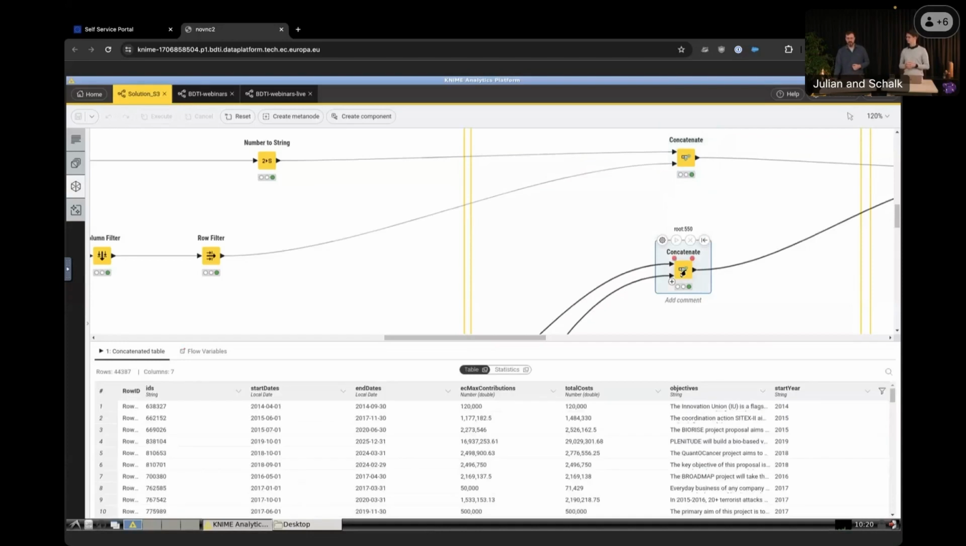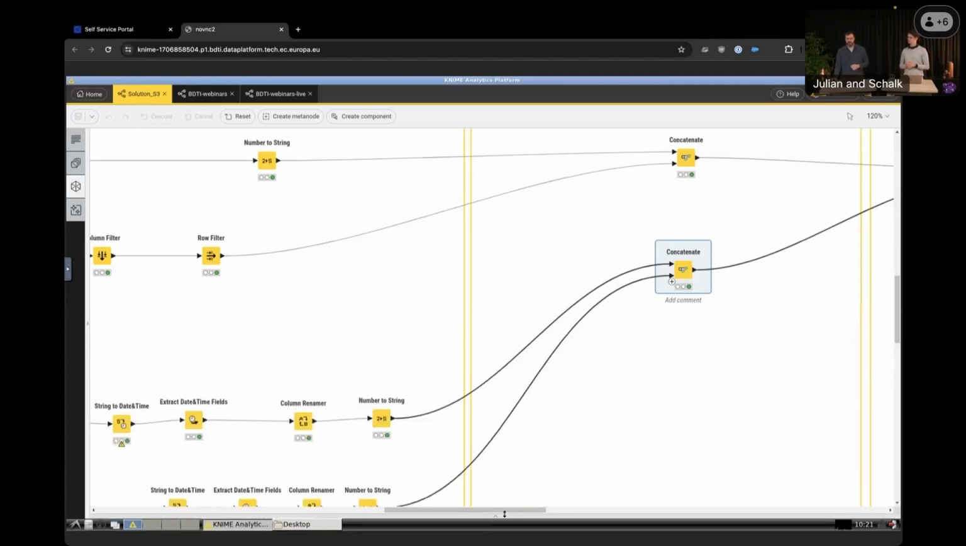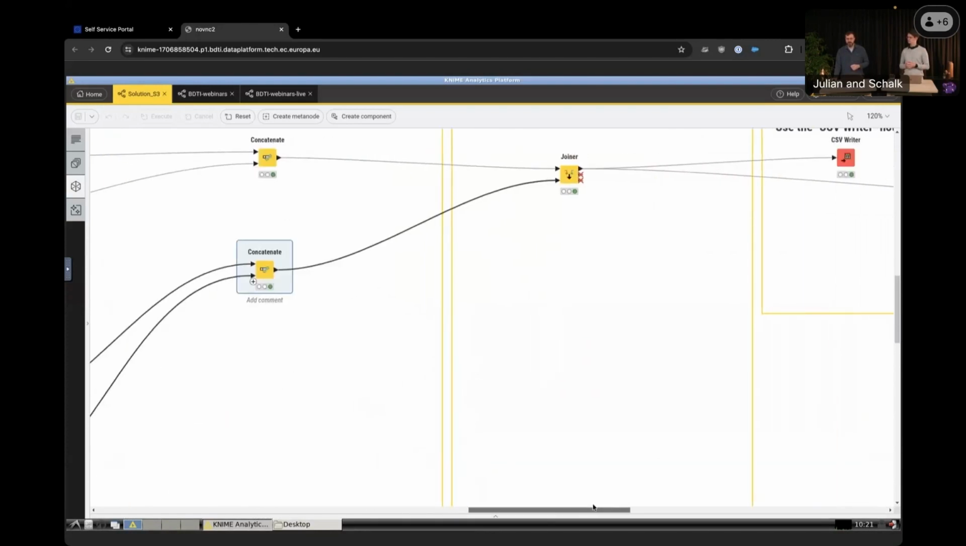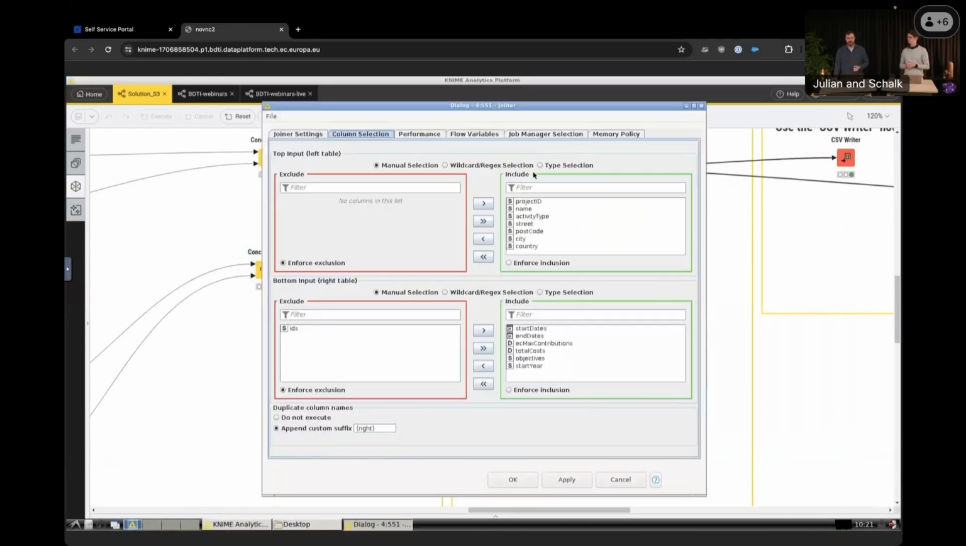When we have a look at the project data now, we see we also have these IDs in that data set, but we have additional information about the project. So when did it start? When did it end? What was the total cost of the project? And what were the objectives of these kinds of projects? We now want to have all that information within the same table, and that's why we are using the join functionality in KNIME. So we can go to the joiner node here,